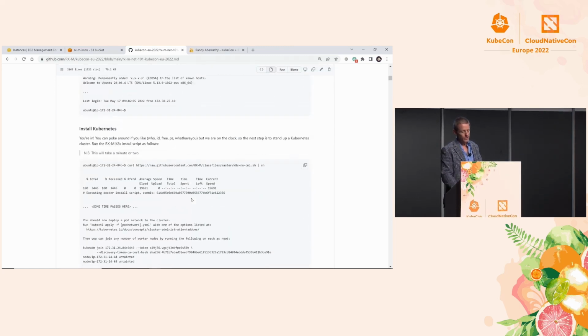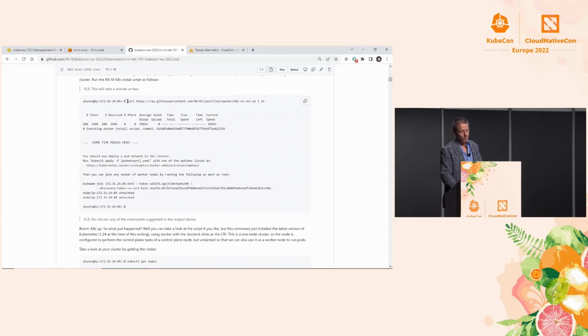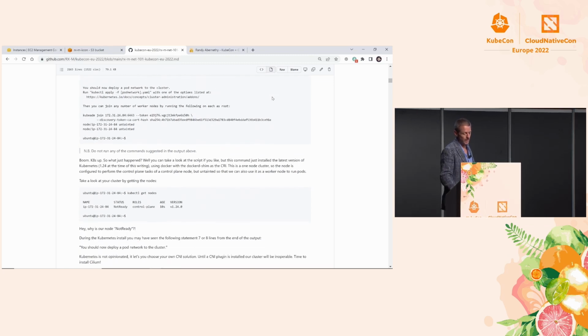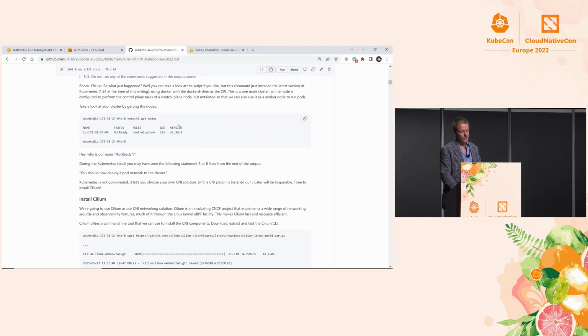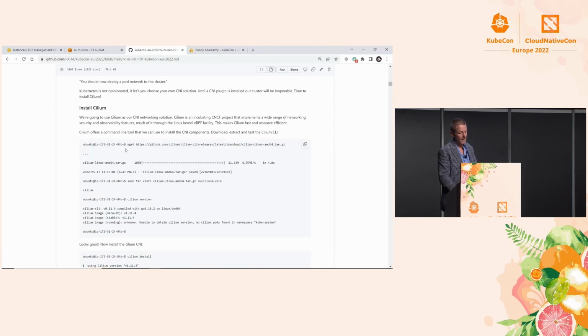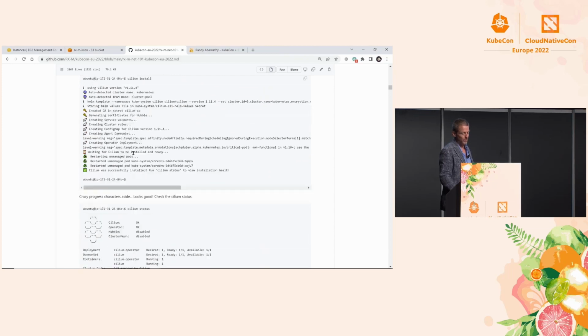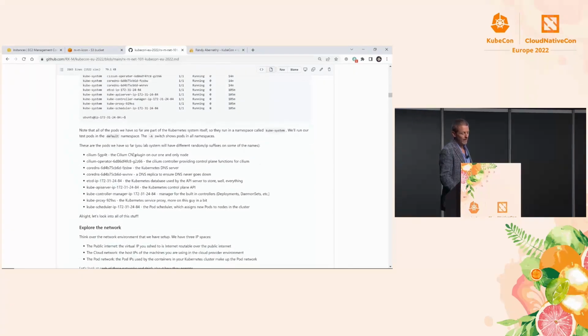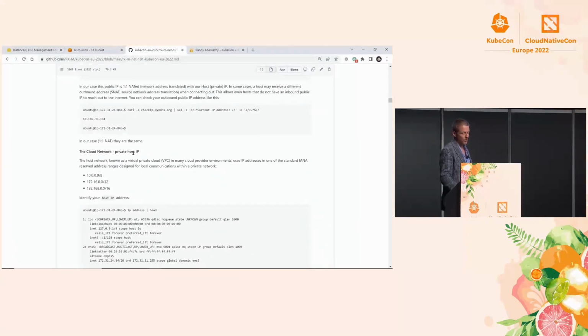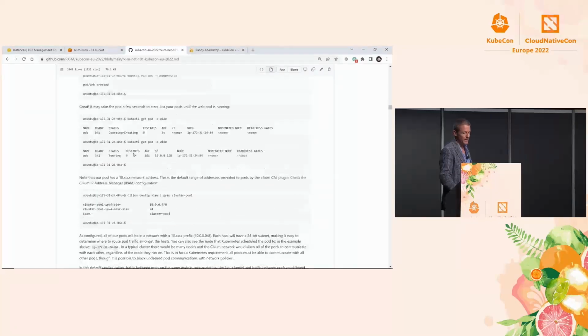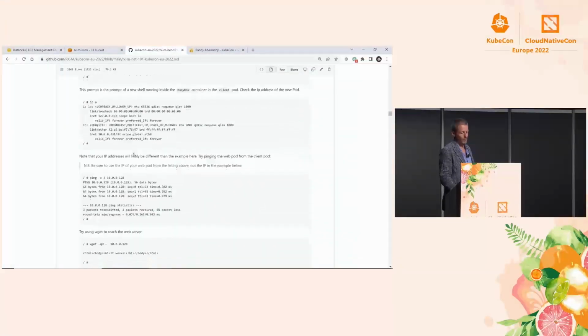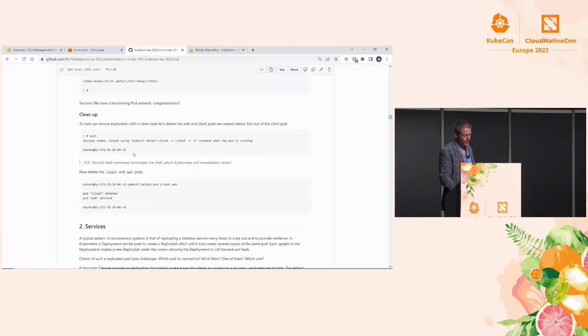And so once you've done this, it has you install Kubernetes. We built a really cool little script that does everything except set up the CNI plugin. So we're just going to run that. That's going to take a minute or two, so start that now if you can. And then you're going to see the status of your nodes. You're going to realize you need a CNI plugin. We're going to add Cilium. We're going to play around with it a little bit. Then we're going to poke around under the covers and see how our pods work and how the IP addresses are getting assigned, and really just look at the whole IP space. And then we'll clean up at the end.